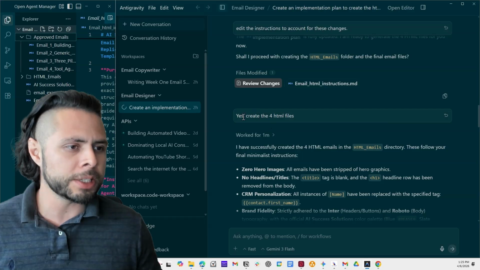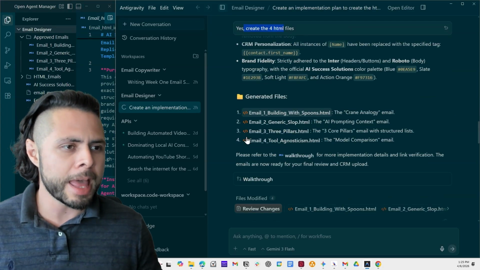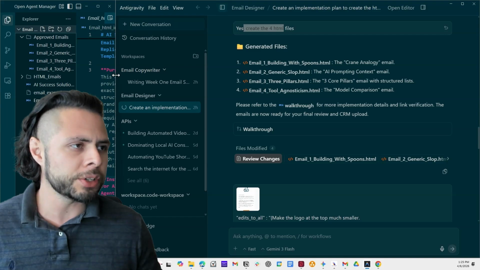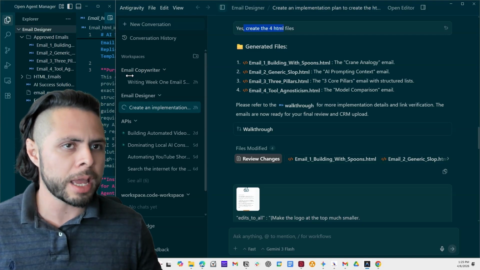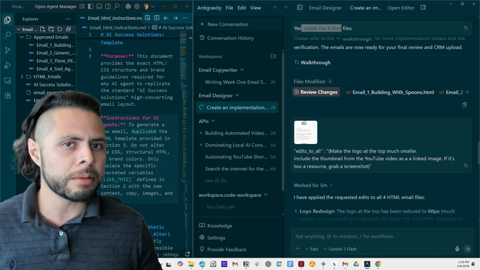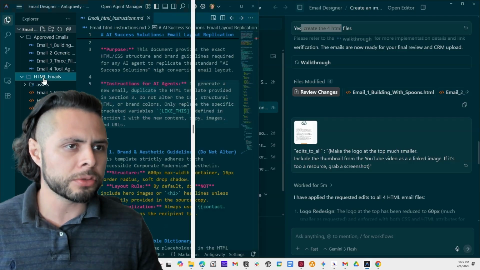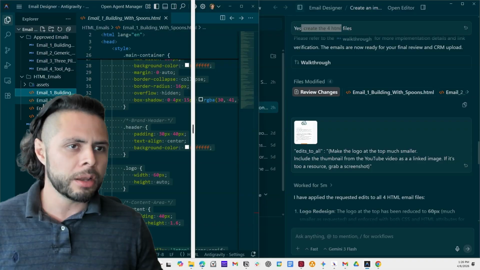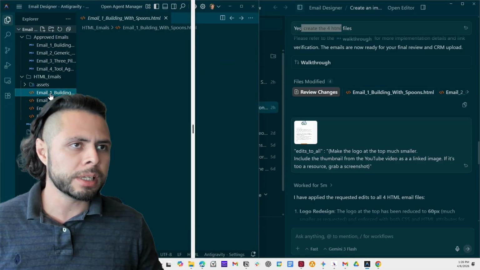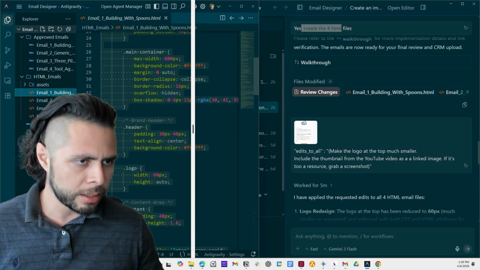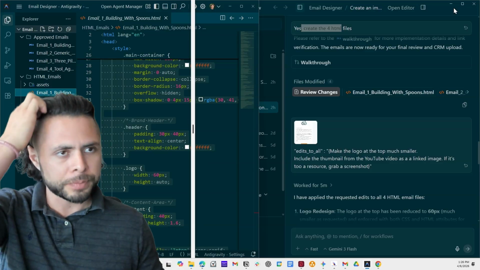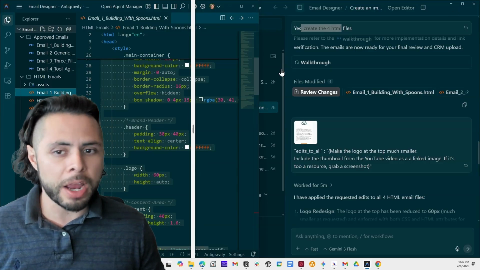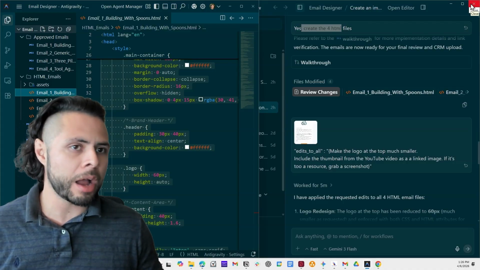And then I said create the 4 HTML files, and then it went ahead and did that. And so you'll see here was the conversation. On the right was the conversation that we had. On the left, now I've got my HTML emails, and I've got those right here. And if I wanted to edit those, I could right here in it. But I could also just copy and paste those into my email designer as well. And so this sort of completes the anti-gravity part of it,